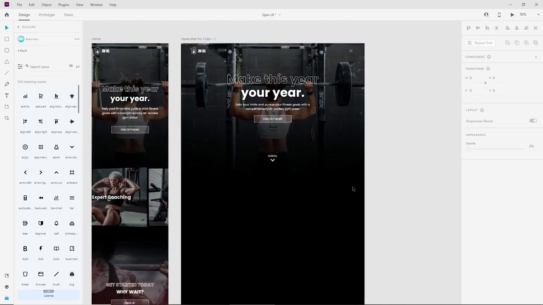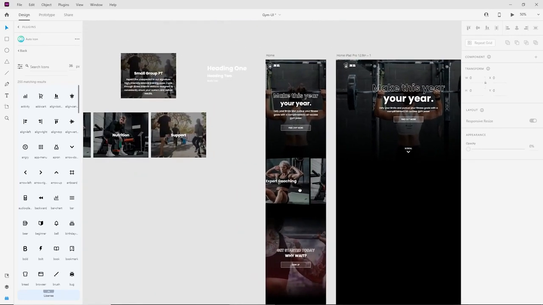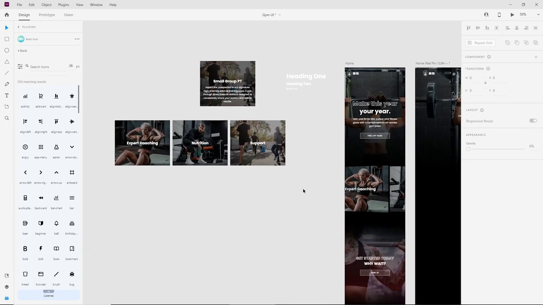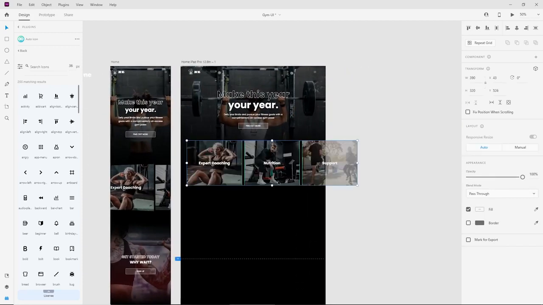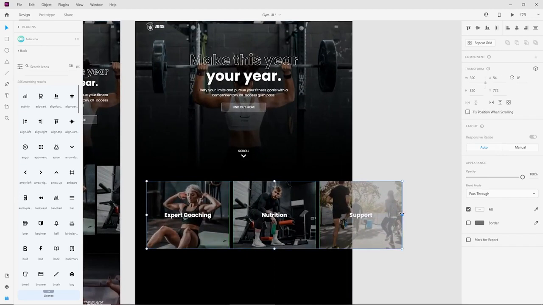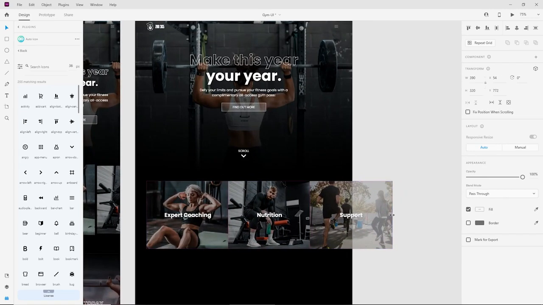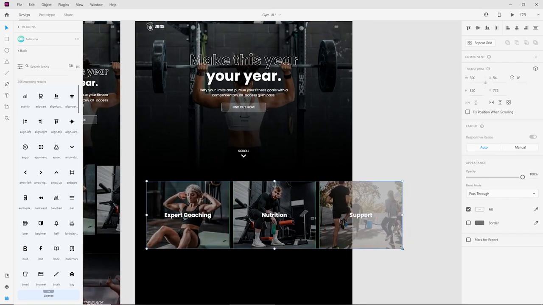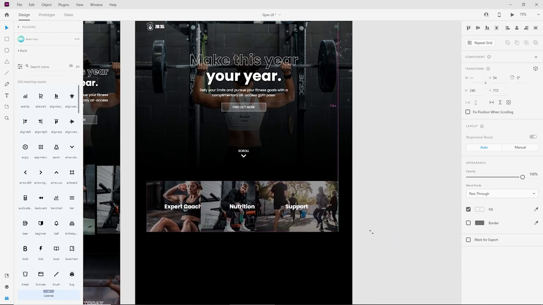The next section could be this section here. But this time, if you remember when I created those 3 containers, actually I left them in here. So I'm going to copy them and paste them in here. And what I'm thinking is potentially I might be able to just shrink them. Yeah, that doesn't seem to be working. I wish there were a repeat grid, but